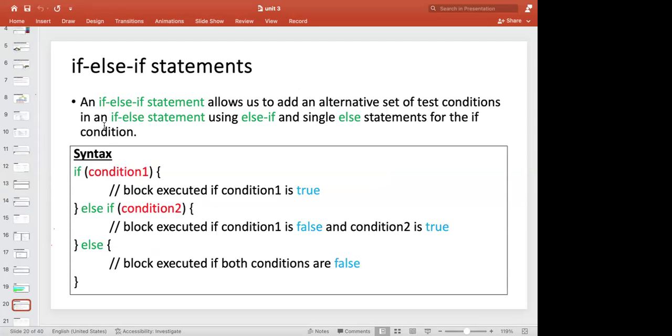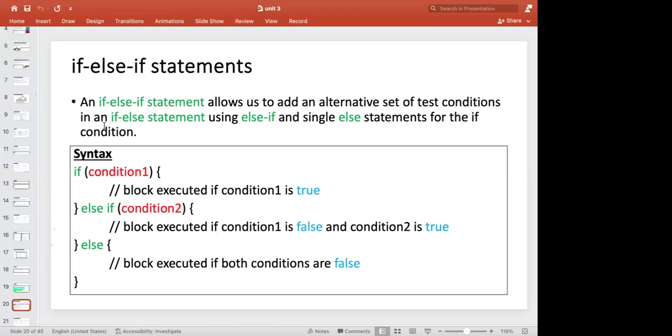Now, the if else if statement, the logic is that now you can test if something is true and do something. You can test if something else is also true or false and do one thing when it is true and another when it is false. What if I have multiple things I want to check? What if I want to check whether a grade is grade A, if it is between maybe 80 and 100, or is grade B if it's between maybe 70 and 80, or is grade C if it is